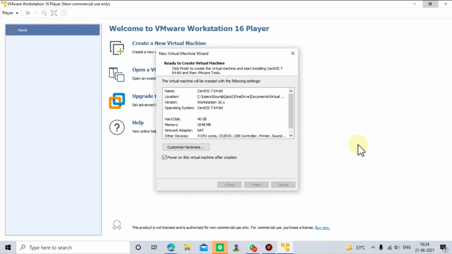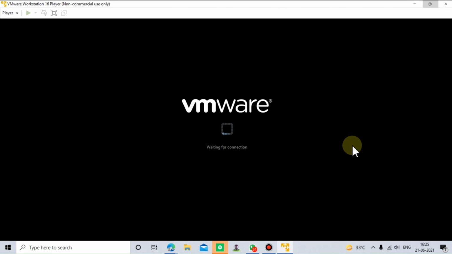It will basically create the virtual machine for you with all the specifications needed and also the CentOS ISO file that we've given. So this is how it will look. We are actually following the easy installation. We don't have to provide any information at all. That is the advantage of using VMware.